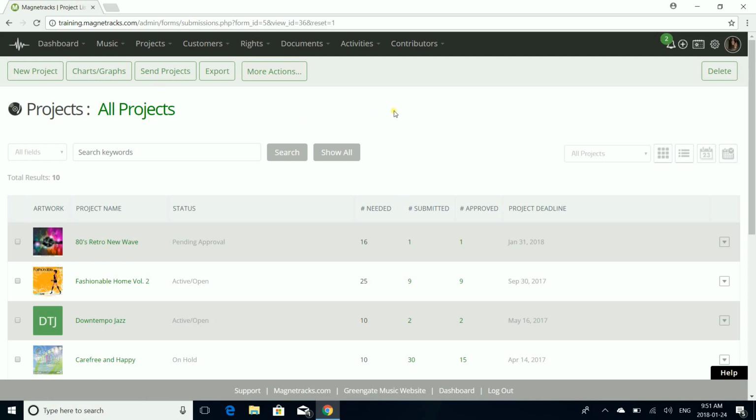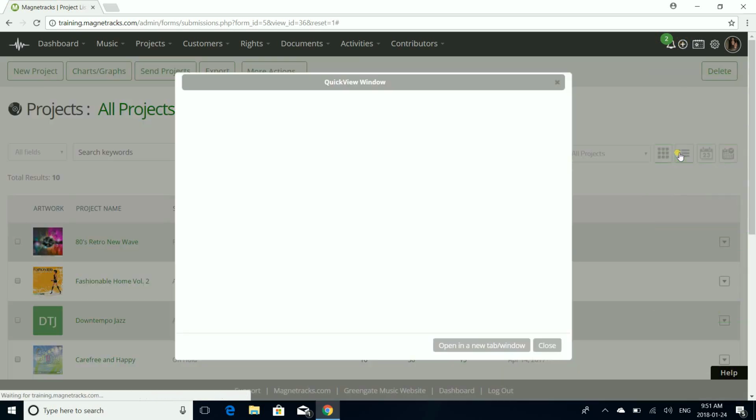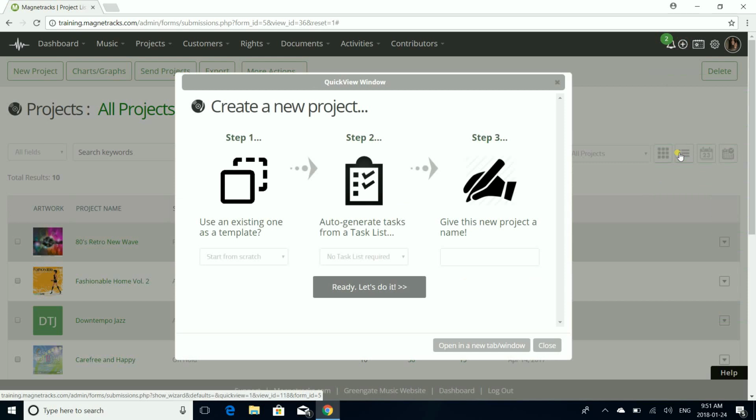So returning to the projects list, I basically have two ways that I can start a project. I can just create new, or I can go to the quick add menu, which I can get at from any page that I'm looking at. I don't need to be inside projects. And I'm going to click project,